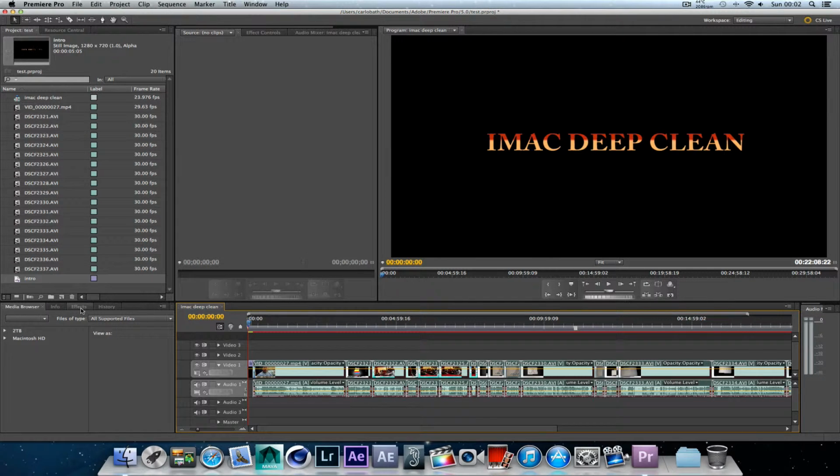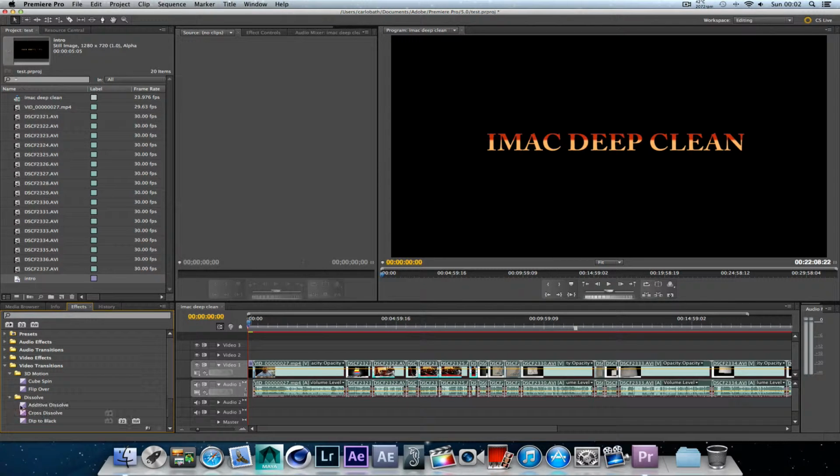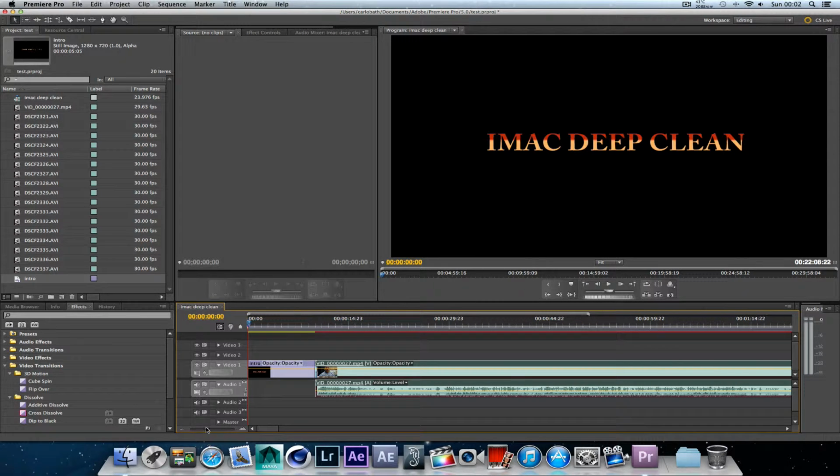So what we're going to do is come down here to effects, go down here to video transition, and pick ourselves a little bit of a transition just to add to our title. I'll just make that a bit bigger like that so I can see it. 3D cube, we've got